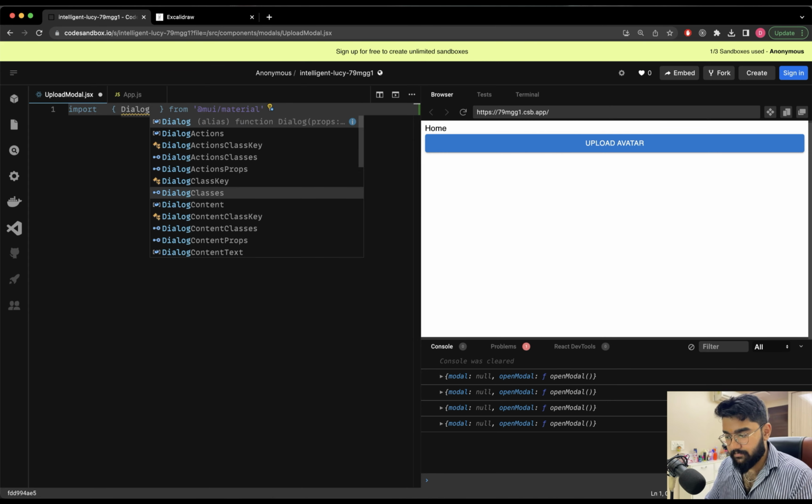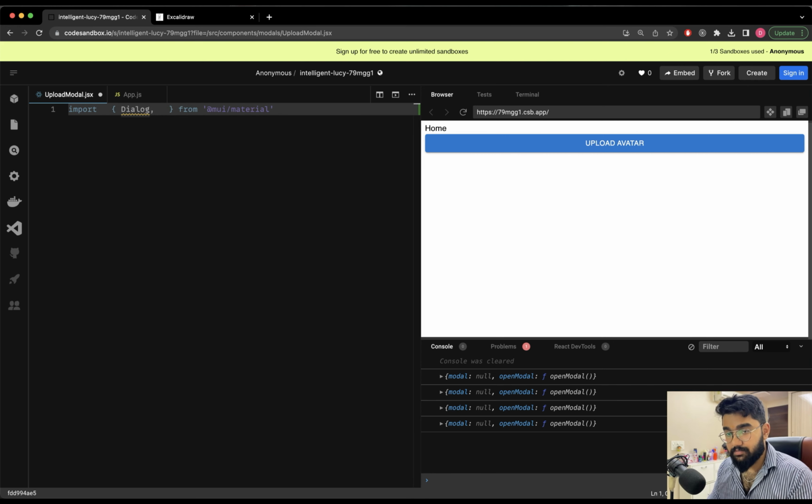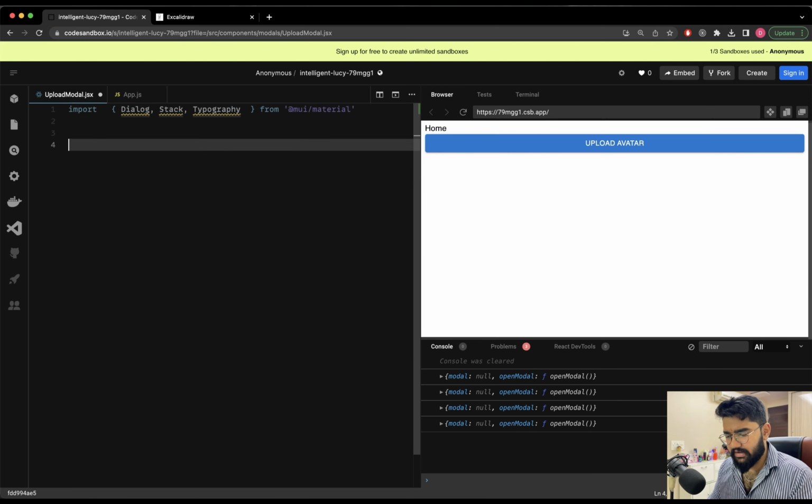As I stated earlier, this is the component which we are going to use. Then the stack, typography, and I think that would be enough. We don't really have to spend time on building up the UI. It doesn't really matter. That's not the concern. So let's create the modal component,